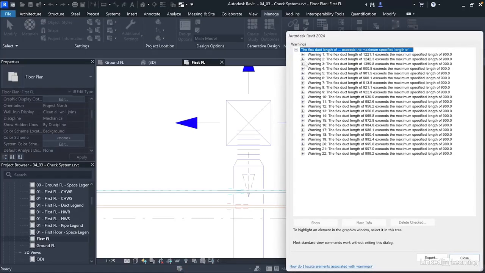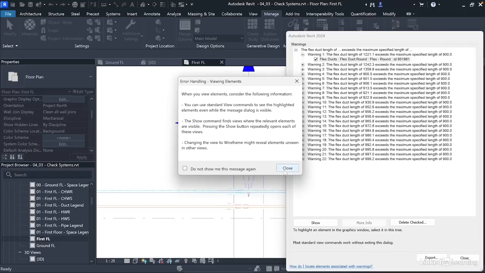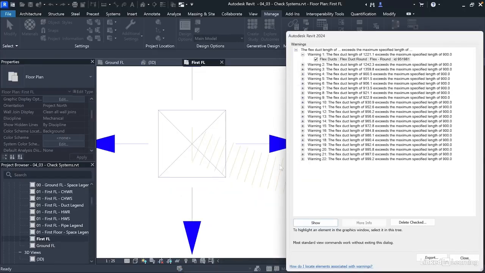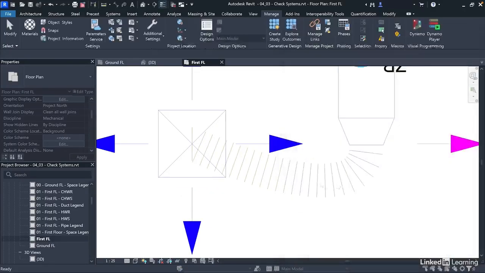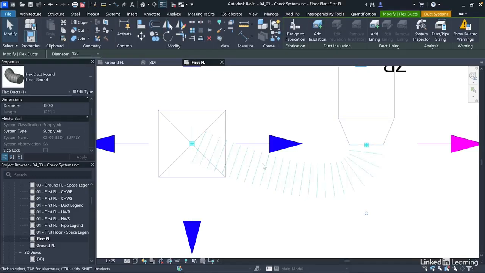So I can keep tracing each of them. For example, when I select this, I can show where this actual flexible duct is in the project to take me straight to that place. It can even open the view if it's not open. So you can see I can select this and fix it up. So I have to connect a pipe to stop somewhere here and I complete it. So that's how you can keep tracing it.